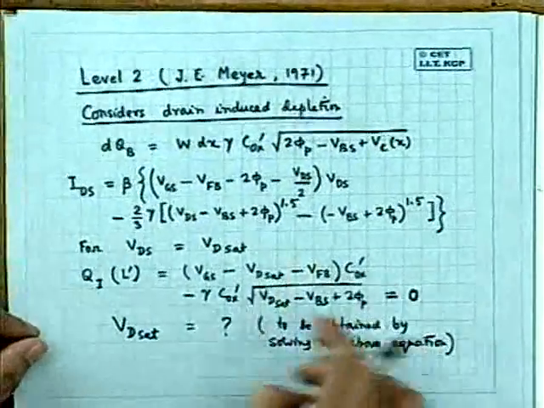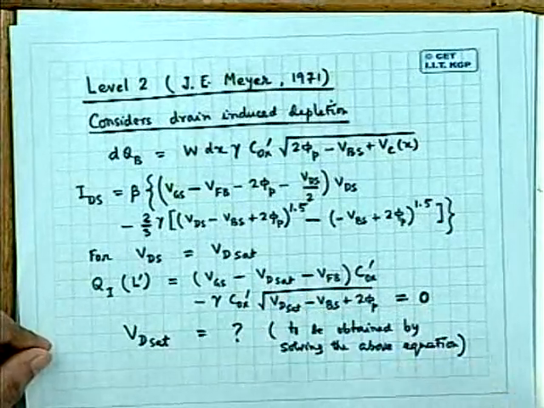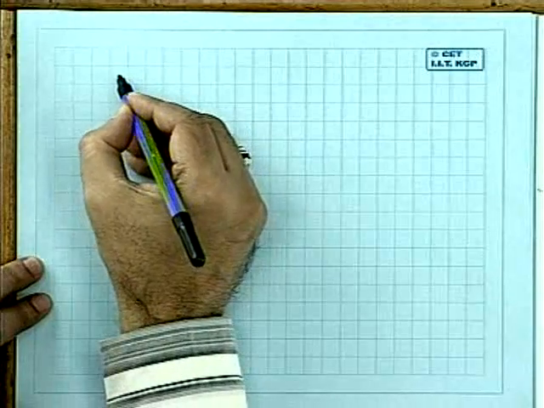This can be done analytically, or you can write a small program to do it. It is up to you. Then, so far as implementation is concerned, we write VTO